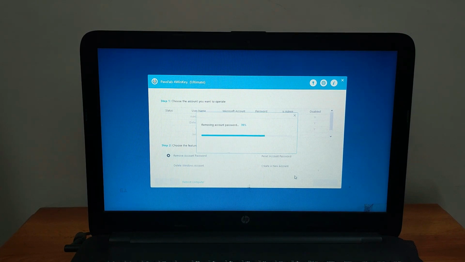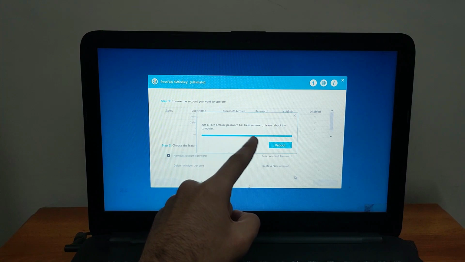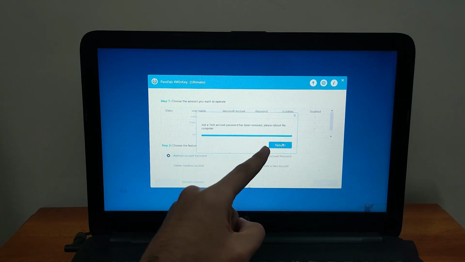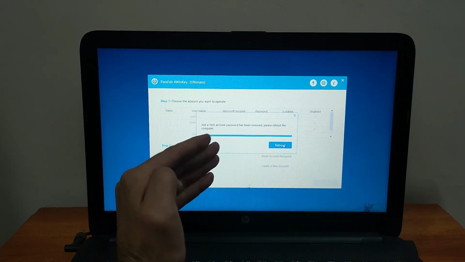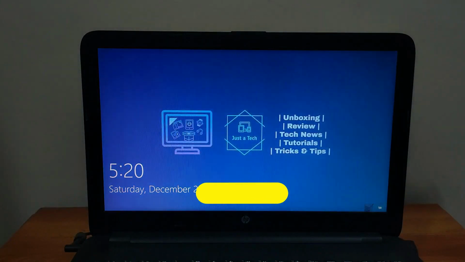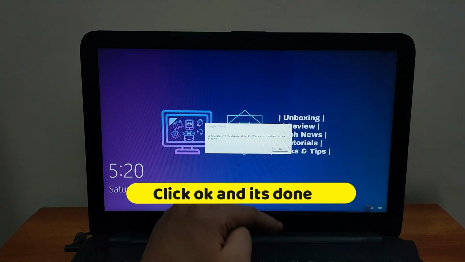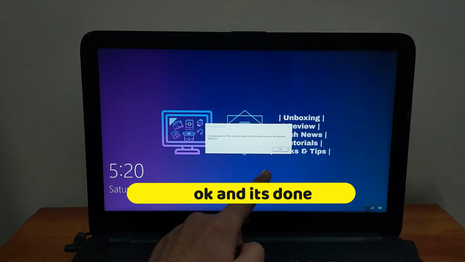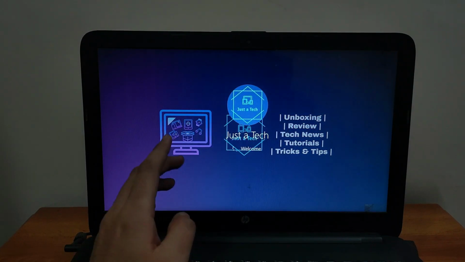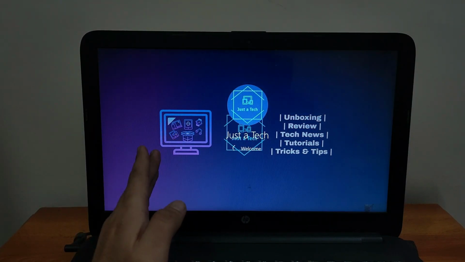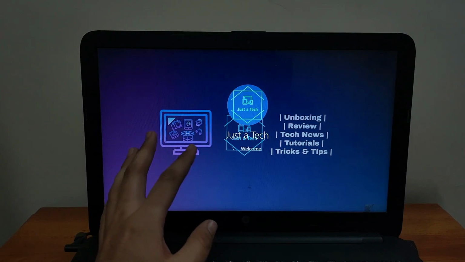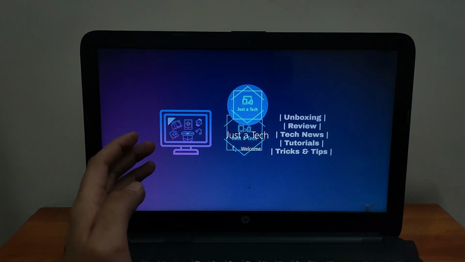Now you can see it start removing your account password, so just wait for it to complete. After that, you can see it's removed now. Now you need to simply reboot your PC, and there is no password anymore. After that, on the login screen, you will see a prompt that says congratulations, your password is removed. Just click on OK and you will see there is no password anymore. The password is successfully removed, and you will directly log in to your Windows machine.